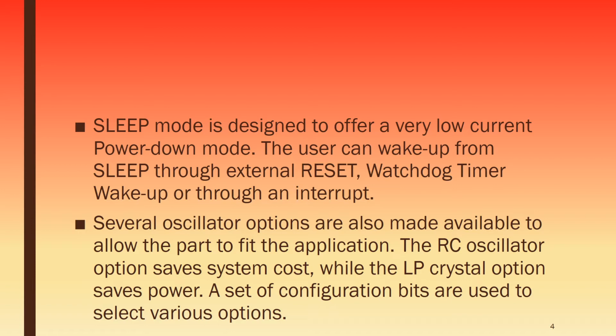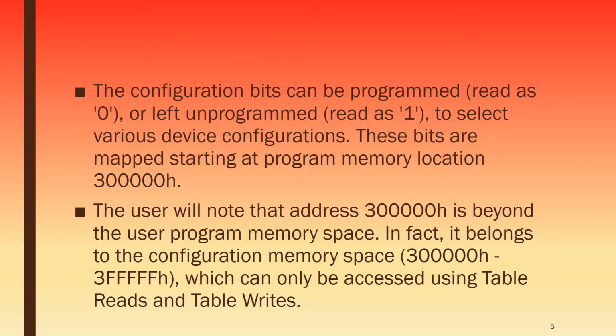A set of configuration bits is used to select various options. The configuration bits can be programmed, read as 0, or left unprogrammed, read as 1, to select various device configurations. These bits are mapped starting at program memory location 300000H. The user will definitely note that address